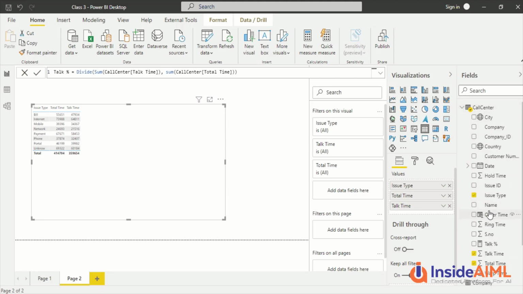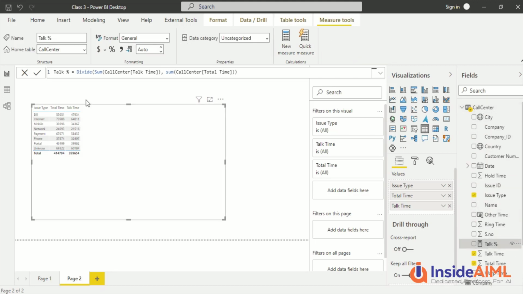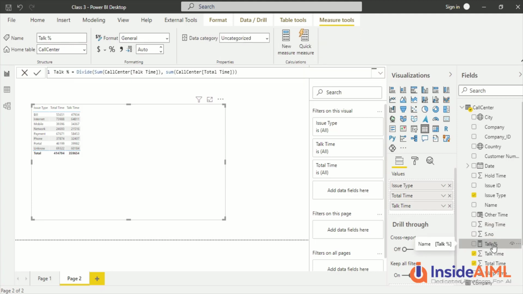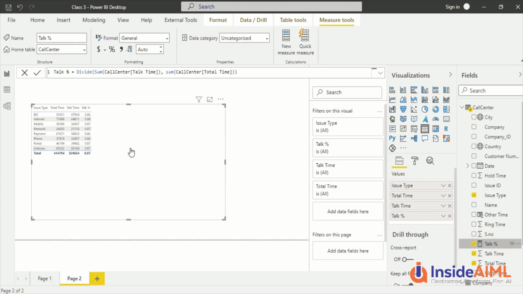It's table independent. So if I go here, I can actually move it around the tables. There is no fixed table for it. But if you go to a column, you cannot move it across tables. You don't have that option. So a measure, you can have it in one of the tables in the model, where it can actually be part of the schema.